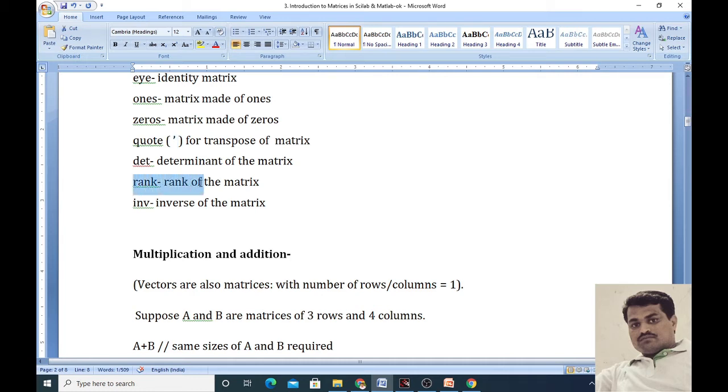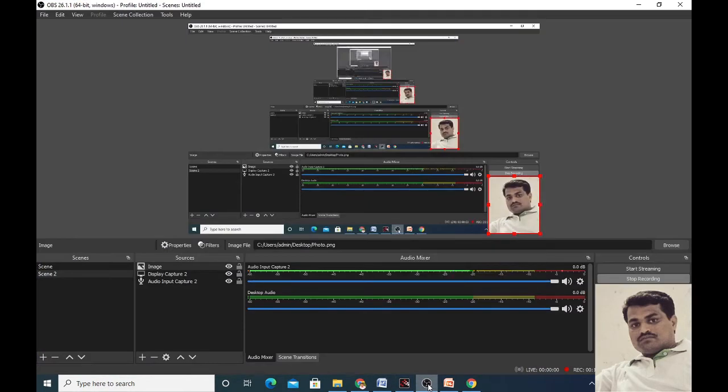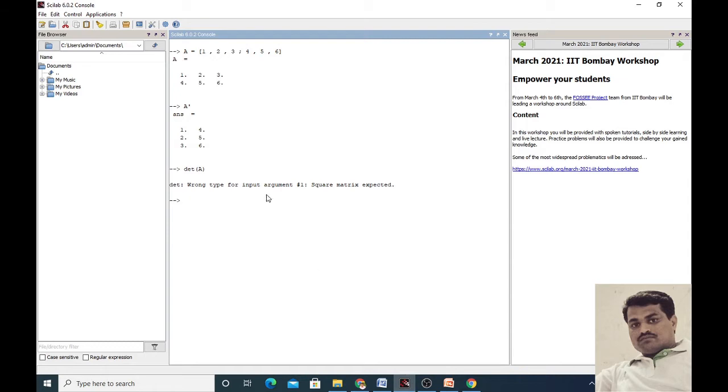The next command is the rank of the matrix. This is the command RANK. This is used for finding the rank of the matrix. Already in the first unit we have studied the concept of the rank of a matrix, and you know how to find the rank of the matrix by using the normal form or echelon form. Here we take the same matrix. Here we have defined matrix A, which is a 2 by 3 matrix. Here we want the rank of the matrix. That's why we apply this command.